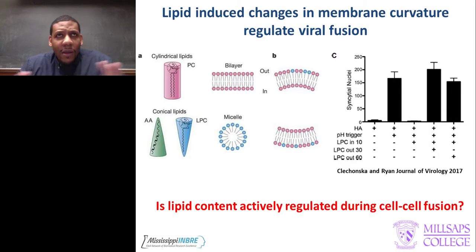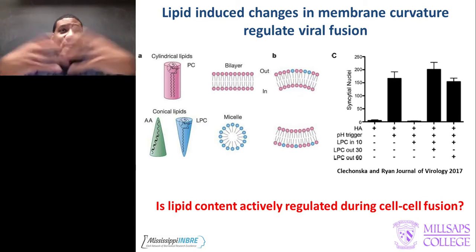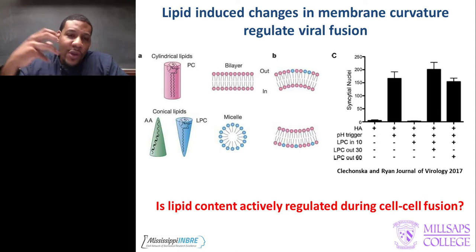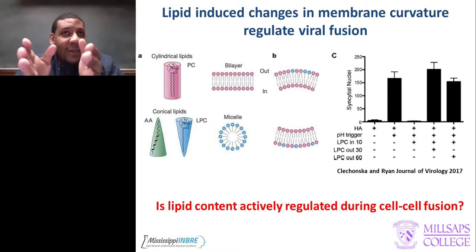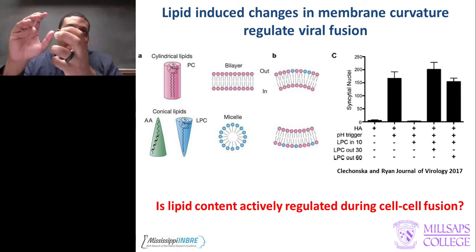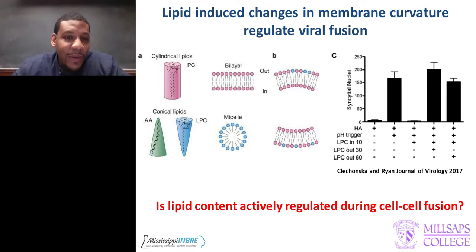So lipids can dictate or accommodate fusion based on their geometry. If you recall, phospholipids, which make up cellular membranes, have a phosphate head and hydrophobic, long fatty acid tails. And it's the relative size of that head group versus the tail that dictates the geometry of the lipid. So you can see in A here, you have a phosphatidylcholine, or a cylindrical lipid, which means that